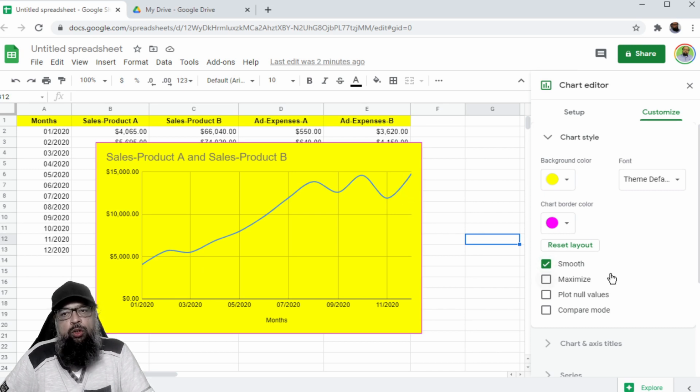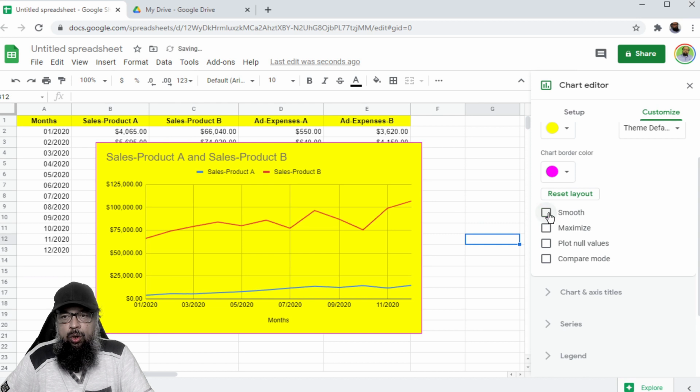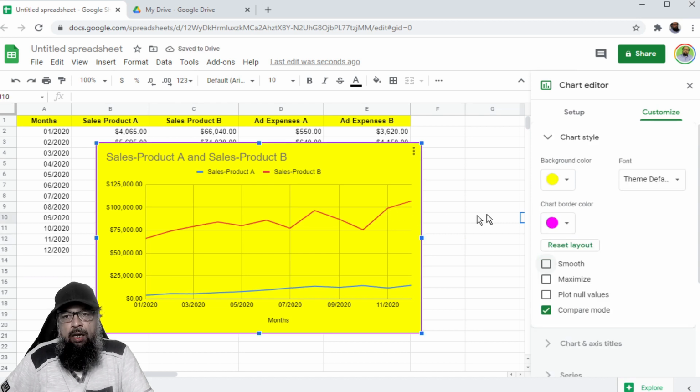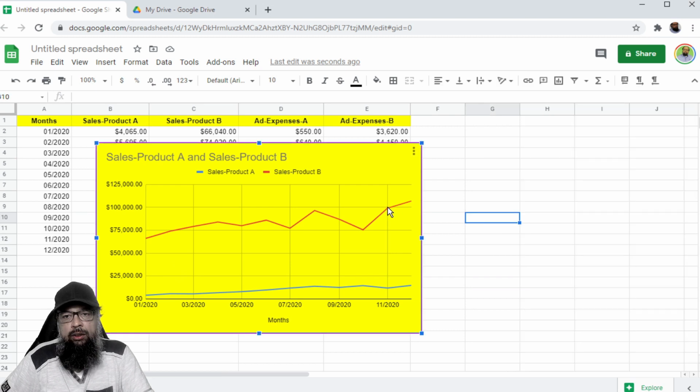There are few other options. For example, if you have zero values in any of your cells, whether you want to plot it or not. Now what is compare modes? In order to show the compare modes, I have to add a series, and now let's remove this smooth, and if I click this compare mode and now I click on this chart, so when I hover over data values, it shows me the data values of both series.